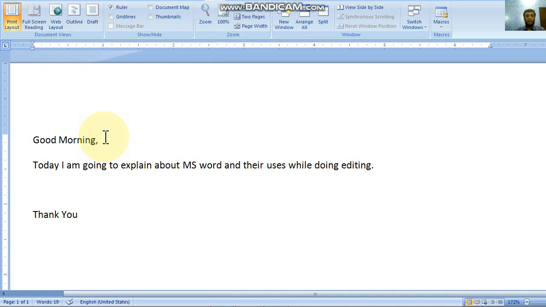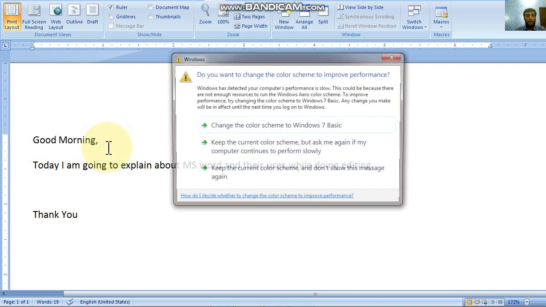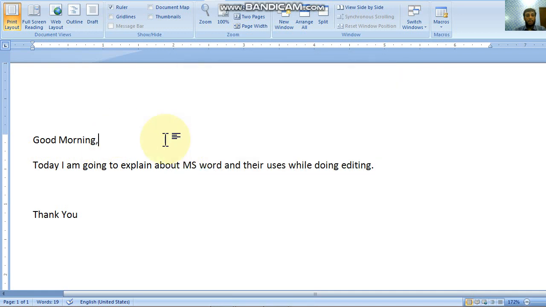Then editing the document. Editing the document means we can change the things which we require in the document. Suppose I have not inserted "dear students" over here. I want to enter "dear students" over here. So this is called editing. I'll press, this is the blinking cursor.